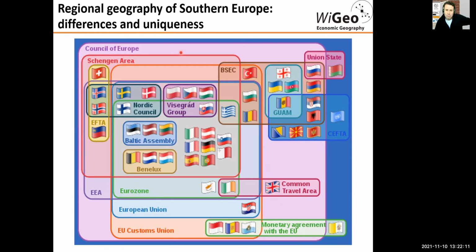So if we look, okay, there is some uniqueness here in understanding the way they behave. If we look at their integration within the Council of Europe, but then we have to go more into detail. Okay, their performance in terms of economic indicators can also be justified because they are within the Eurozone, then they have to respect a number of policies from the European Union, and there's the Customs Union, and indeed a number